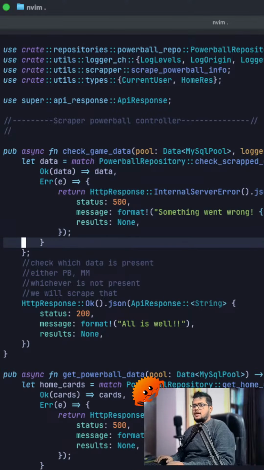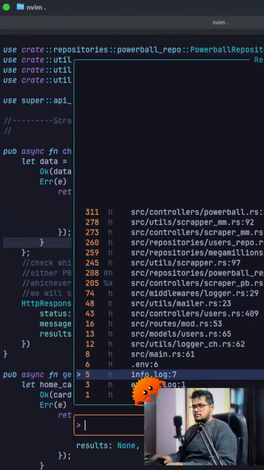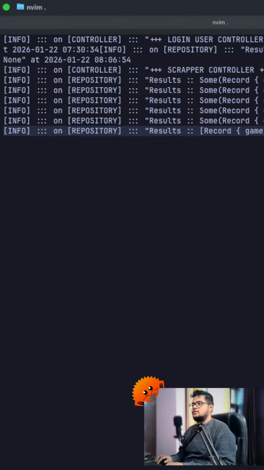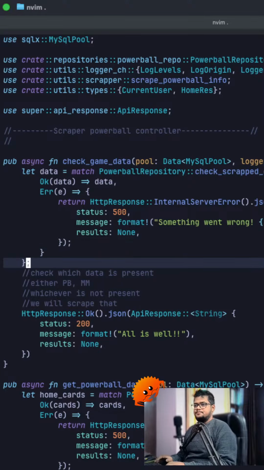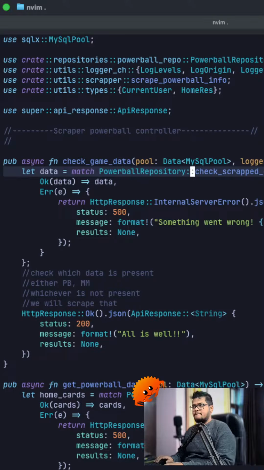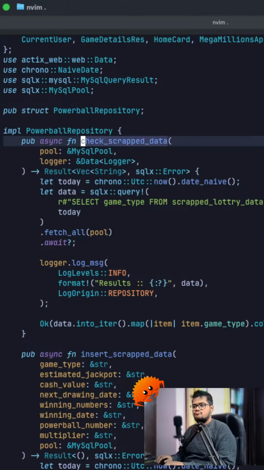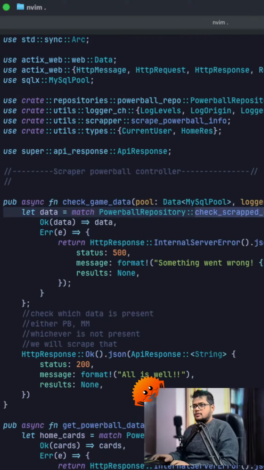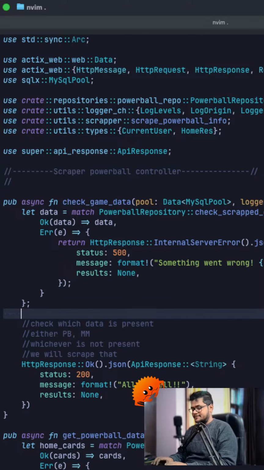Now here I need to check. So I have a result where I have a record. In this I have these two things. I have a vector, right? Vector of string. A result of vector of string. Now I need to check which data is present. So I'll say,